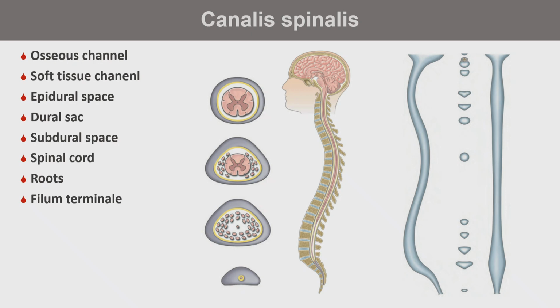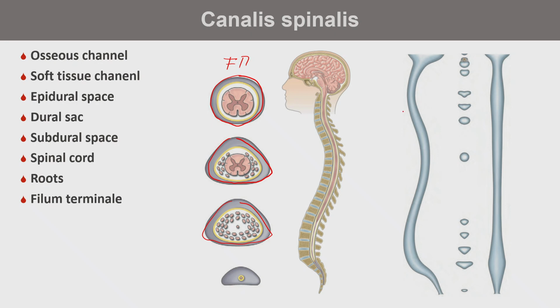Very important is that the spinal channel is not of the same size at all levels. And also, you probably know that the shape of foramen spinale, so spinal foramen in a vertebra, has a different shape at different levels. This is a foramen magnum. Here it is oval or almost rounded. Then in the cervical spine, it is triangular. Also in lumbar, it is triangular.